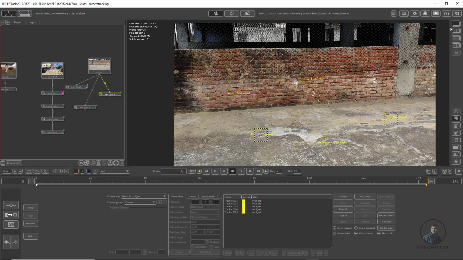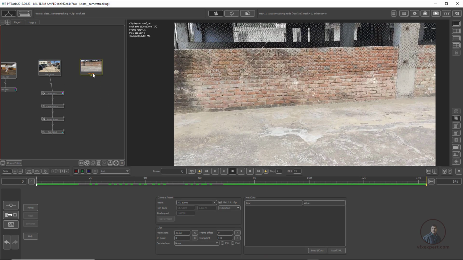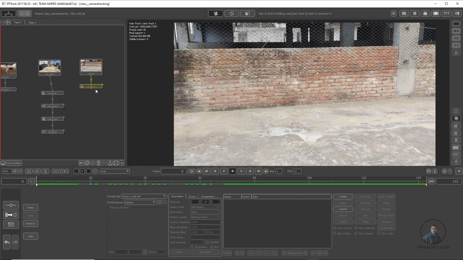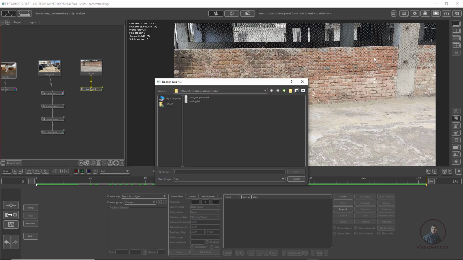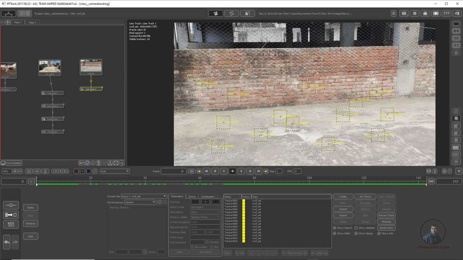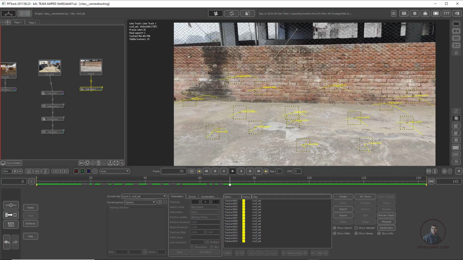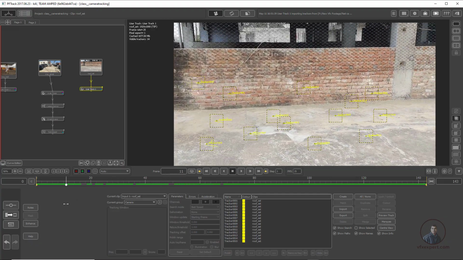Like this I have tracked many points for this shot. Now I am going to import them here. Place all trackers here, then delete all these, double click here, right click, click on tracking and then on user track. On the right side you will see this import. Click import, because I have already tracked this shot and saved my points. Select this one and click on open. Now you can see these are the points I tracked for this shot. Now simply play and check. This is looking good.